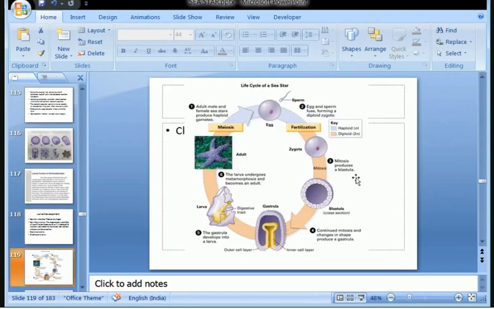So let's first see how this development occurs, the life cycle. Here you see the egg and the sperms fuse, forming a diploid zygote. This is called fertilization, where gametes fuse and the diploid condition is achieved. Then mitosis, through several cleavage divisions, makes this blastula. In the cross section, you see that cells are arranged in the periphery, and there is a cavity there called blastocoel.